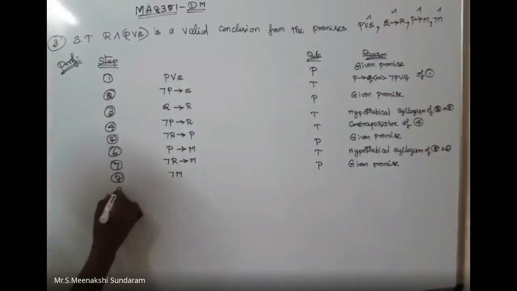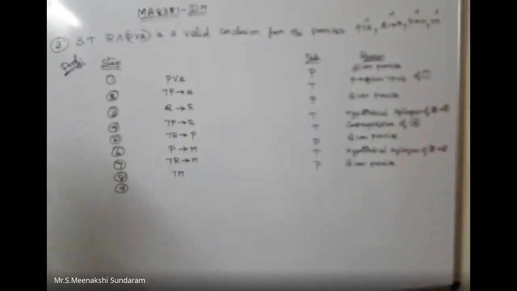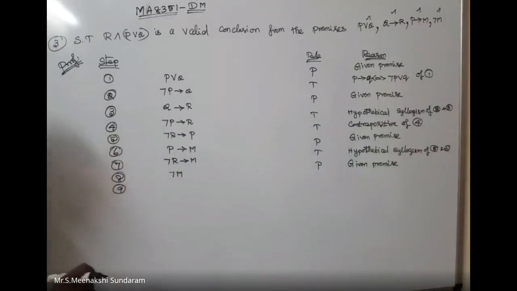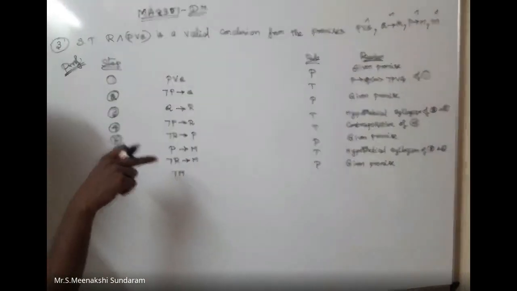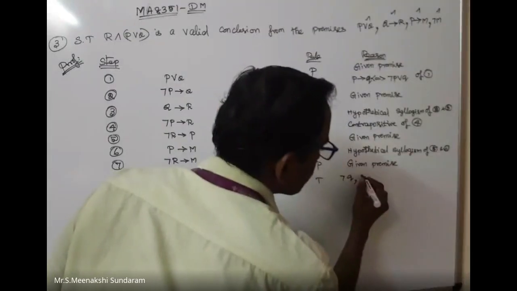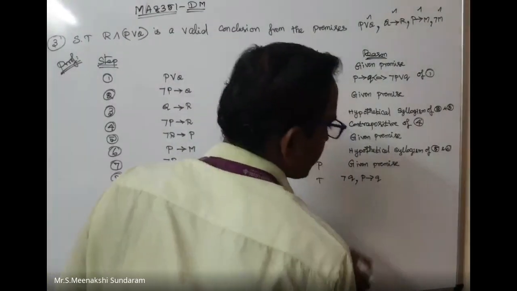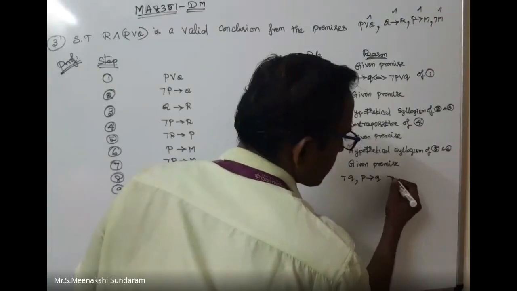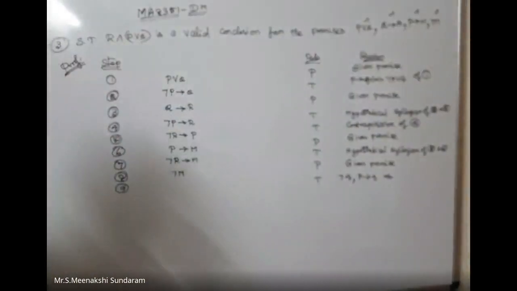Okay. Can I use any other formula on these two things? Can I apply any other formula? P, P tends to Q, modus ponens. Q, P tends to negation Q, P tends to Q. We can write the answer as negation Q tends to P. Modus tollens. We can use the formula.